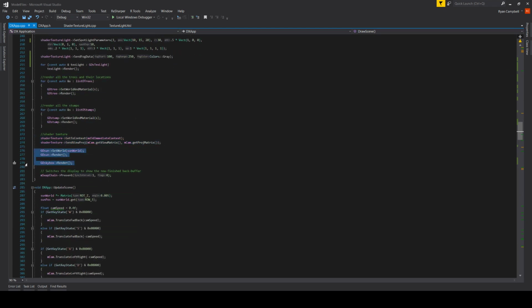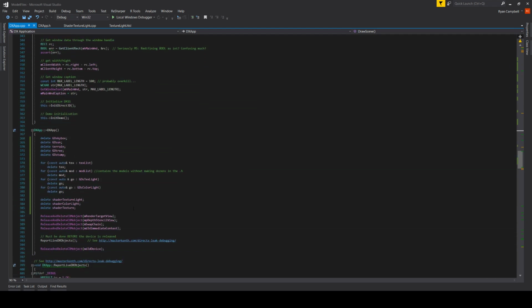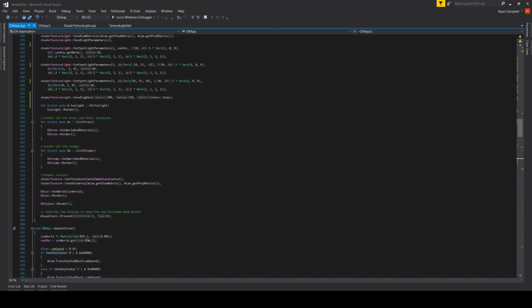So shader texture, the skybox, and the sun both have textures but don't interact with light, so they don't do that. And then I believe that is it, and then at the end I go through and delete everything. So this is how I did my model. You want to see as well